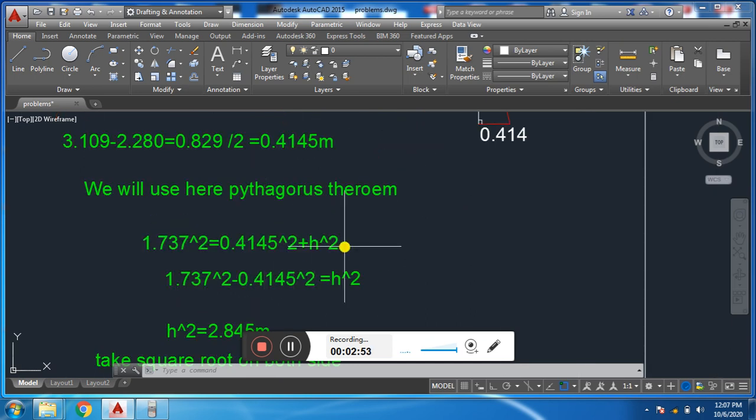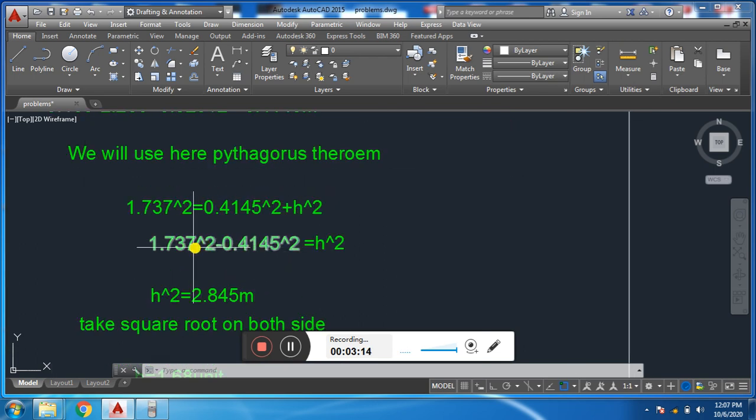Now here we will solve this equation for h. We will move this 0.4145 square to the left side of this equation. Here the sign of 0.4145 is plus. When we shift it to the other side, its sign becomes minus. When we solve it, 1.737 square minus 0.4145 square, we will get h square like this: